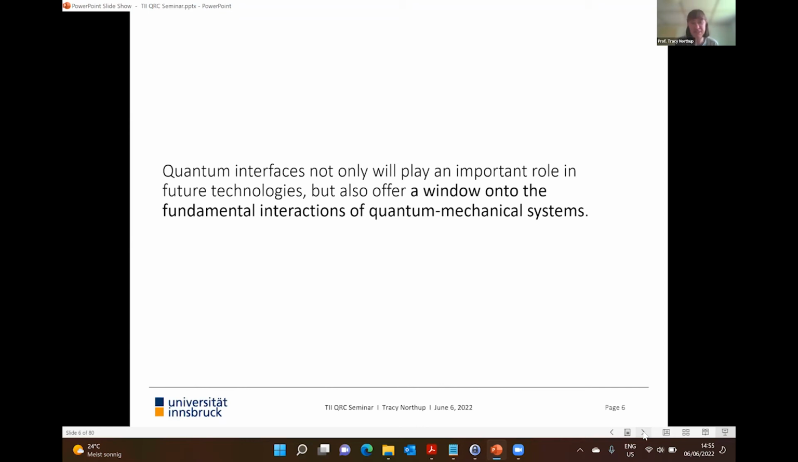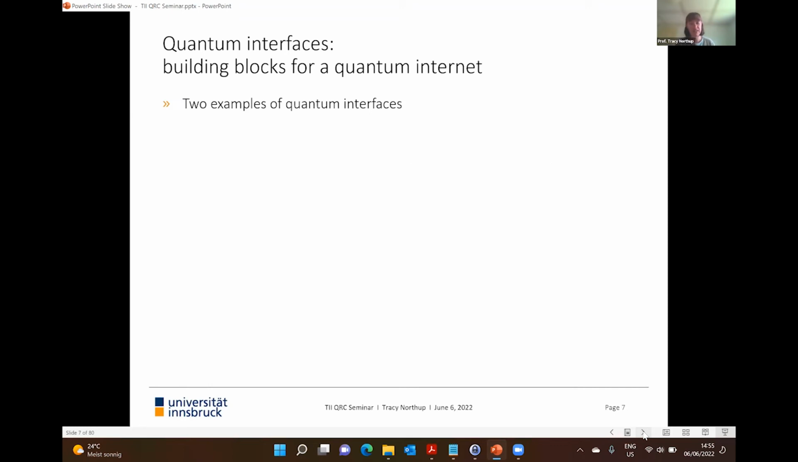So that's why I'm excited about this field. I hope I can share with you today a little bit of the excitement that we're having in exploring it. And what I want to tell you about are two different kinds of quantum interfaces that we are working with in my research group. And then I want to turn to one of those, looking at how we've recently been